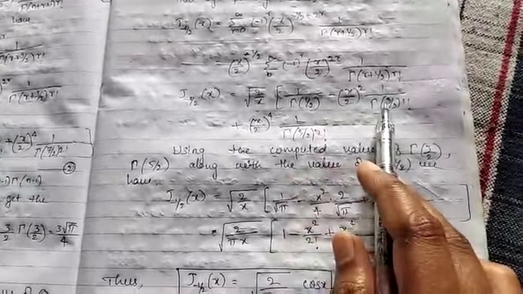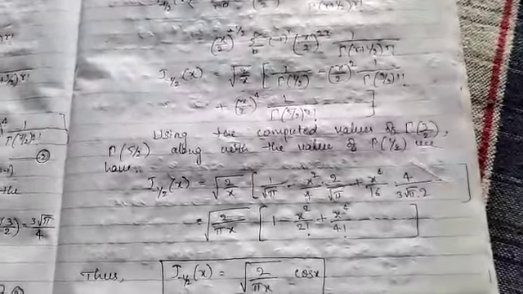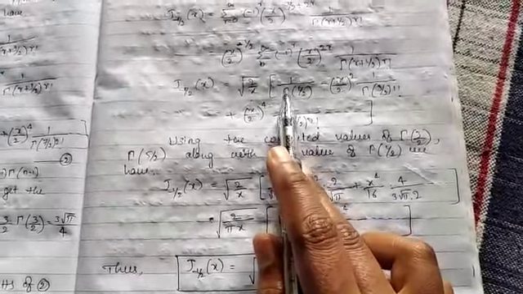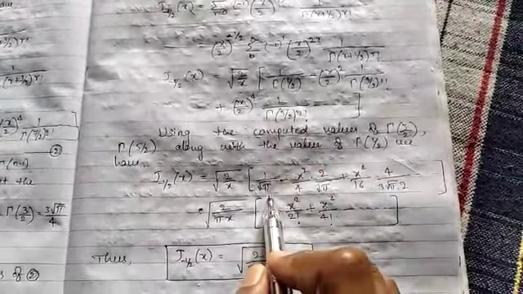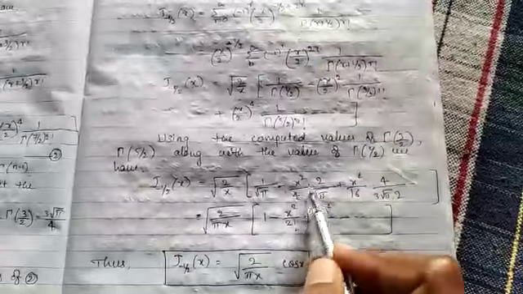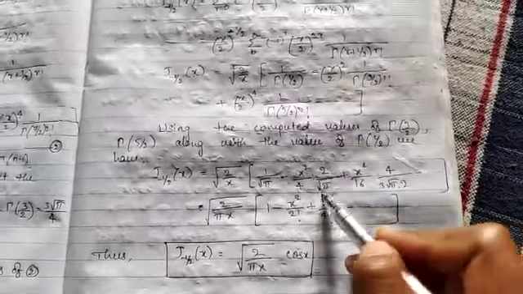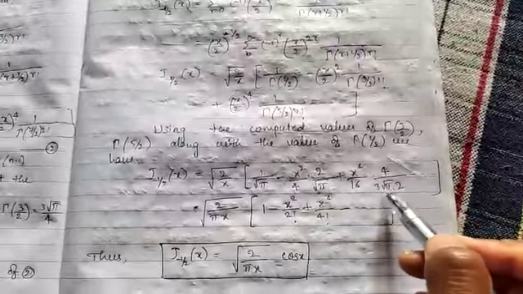Using the value of gamma of 1 by 2 is equal to root pi, we get the values of gamma of 3 by 2, gamma of 5 by 2 and so on, same as in the last problem. That is, J of minus 1 by 2 of x is equal to root 2 by x, 1 divided by gamma of 1 by 2, which is root pi, so 1 divided by root pi, minus x square divided by 4 into gamma of 3 by 2, taking reciprocal 2 divided by root pi, plus x to the power 4 divided by 16. The value of this is 4 divided by 3 root pi into 2 factorial, which is 2, and so on.